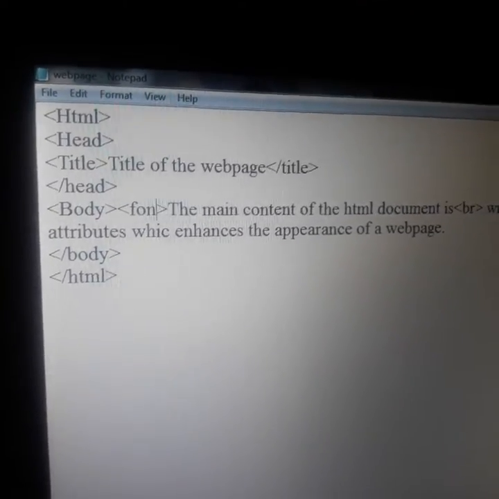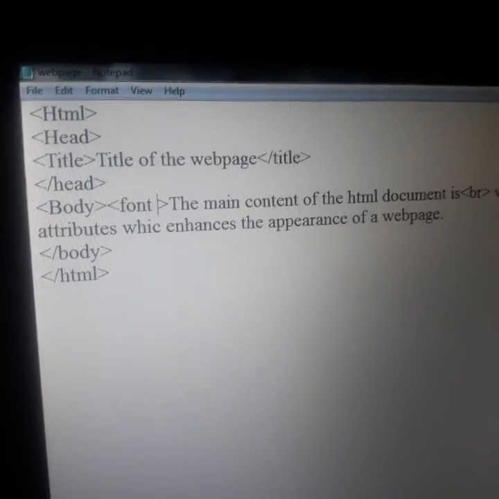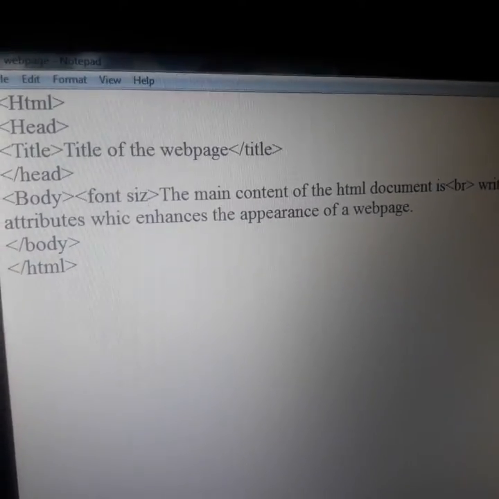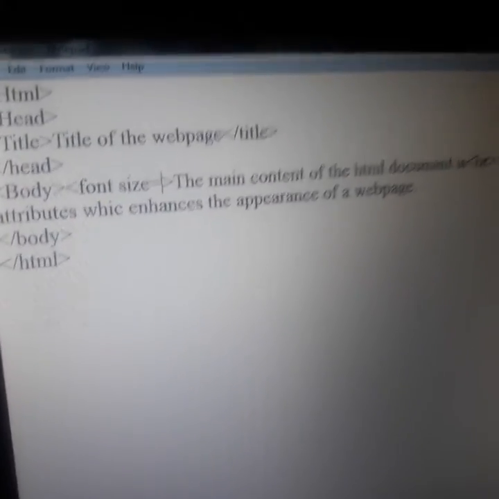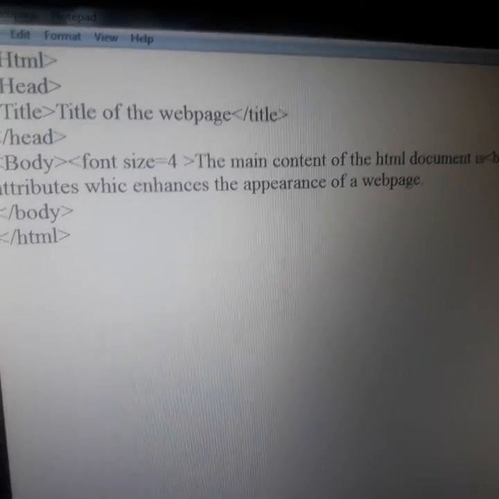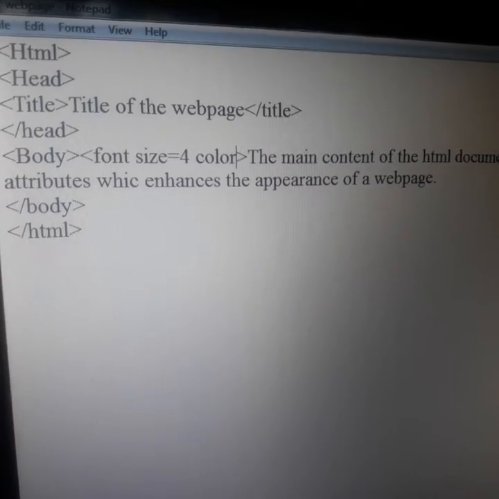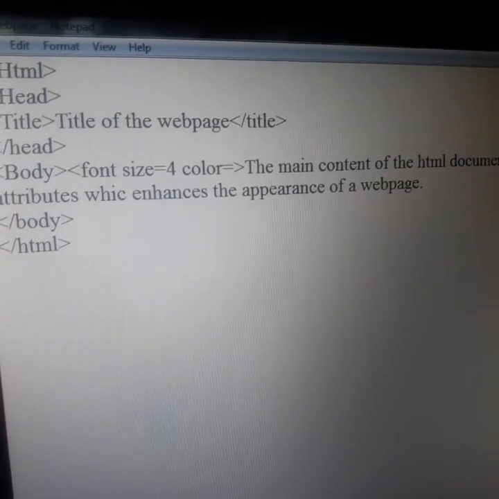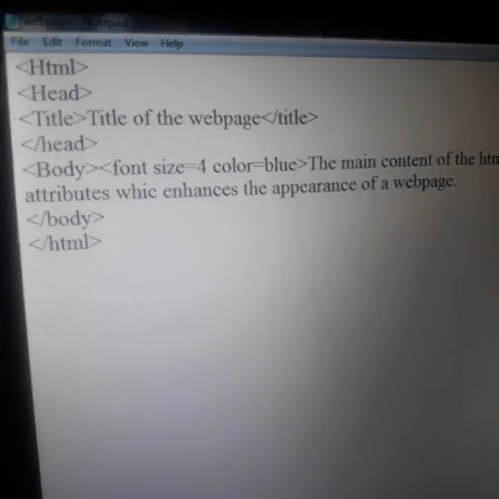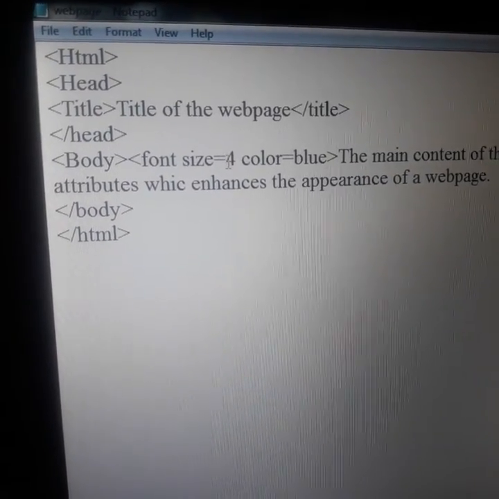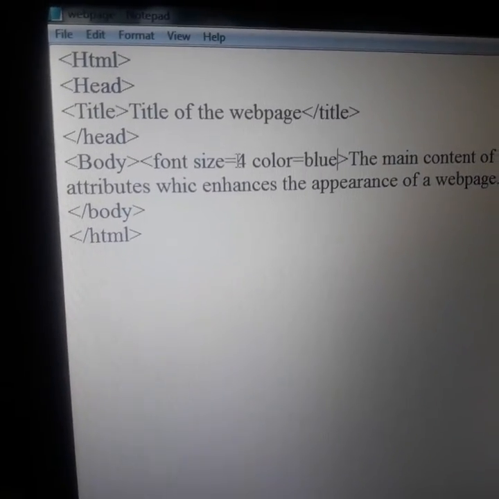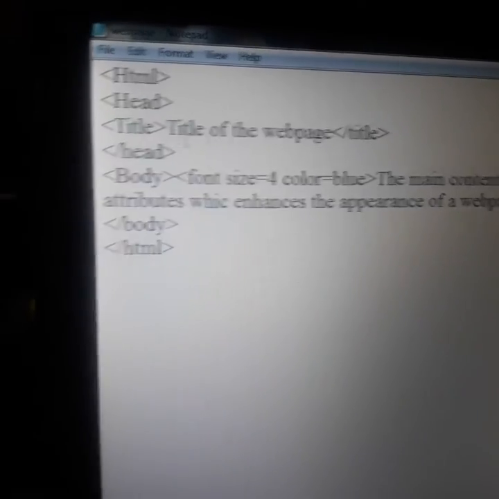Font space size equal to 4, space color equal to blue. See here, I didn't apply any inverted commas, but still it's correct. You can apply inverted commas, and then also it will be correct.